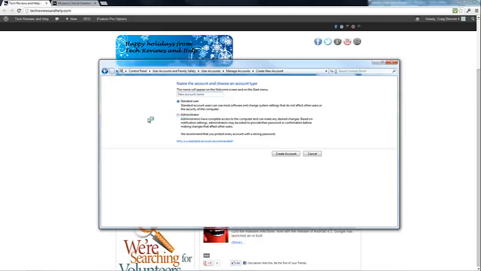And if the current account you're using is one you want to be your child's account, say they already have it and all their stuff is on it, and you want to make an account for yourself, just make an account, but leave it as an administrator. Log off of this account, your current account, then log into the account that you made as administrator, and I will show you in a second how to bump down the child's account to standard. I'll name this, as I say, 123, and create account,